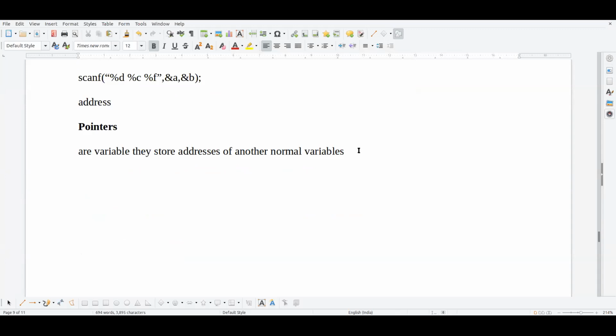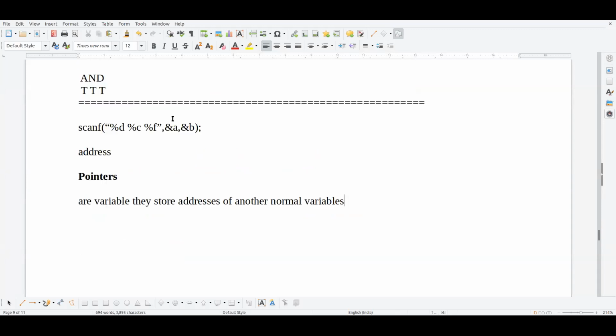Yesterday we just started the pointers. What are pointers? Yesterday we just discussed what is the purpose of scanf, why we use ampersand before a variable. The address of that variable, to go into that address of that variable and to store the value.